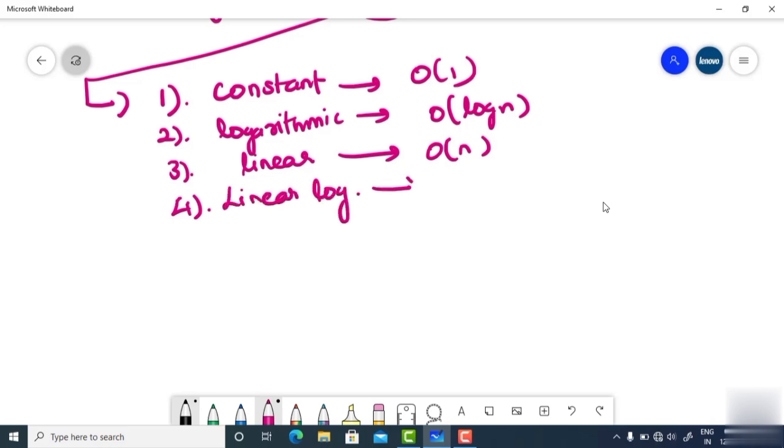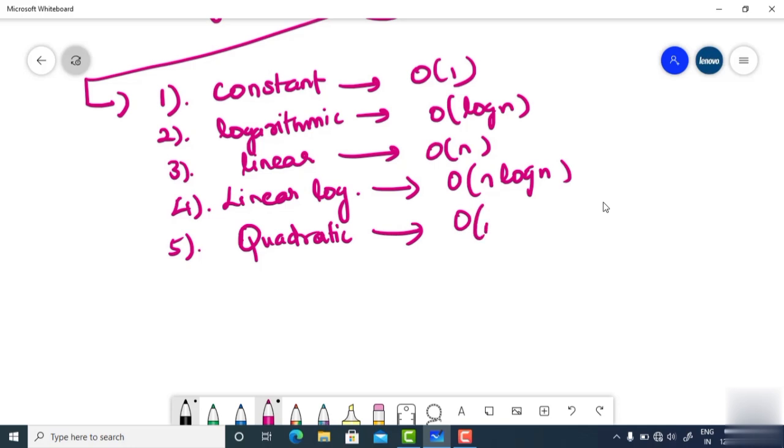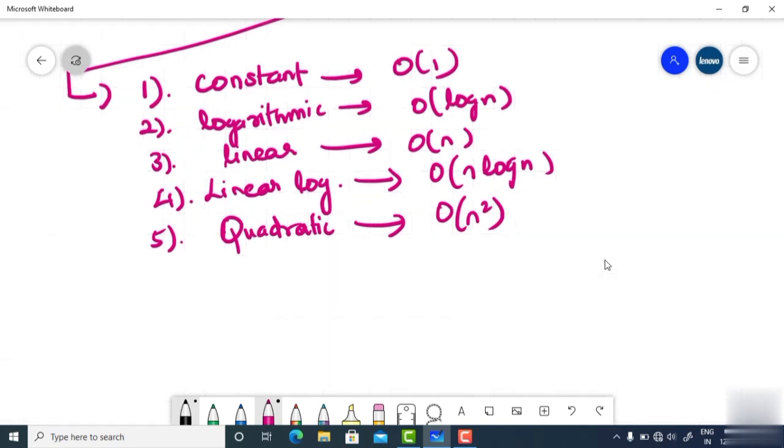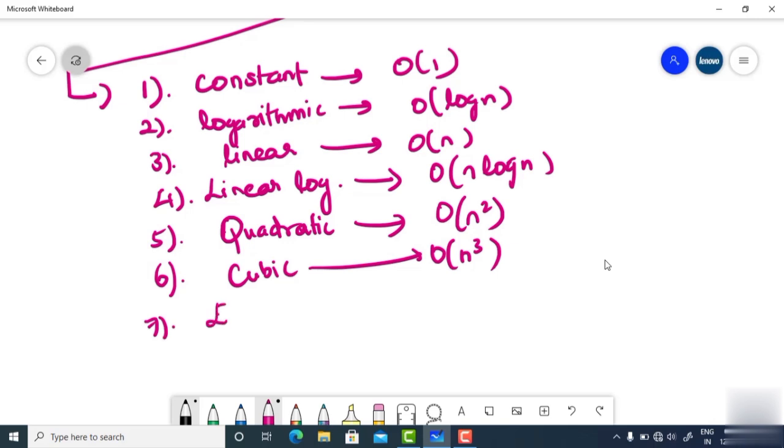Linear logarithmic, which is O of n log n. Okay. Fifth one is quadratic, which is not a good time complexity, guys. Quadratic time complexity is not so desirable, right? So next one is cubic time complexity, O of n cube, and I can also go for exponential time complexity,